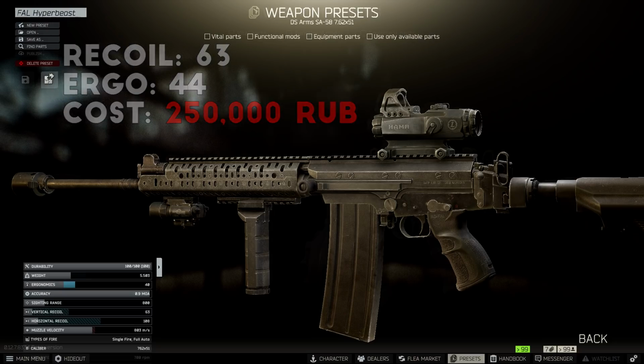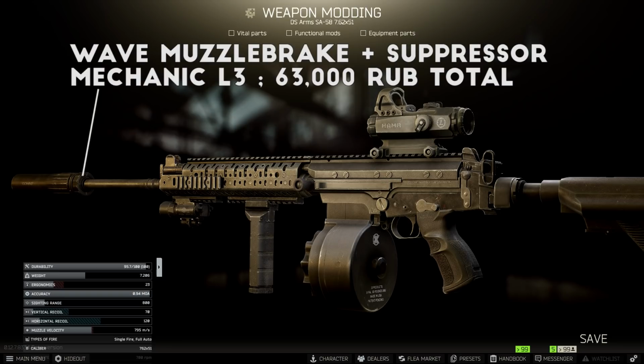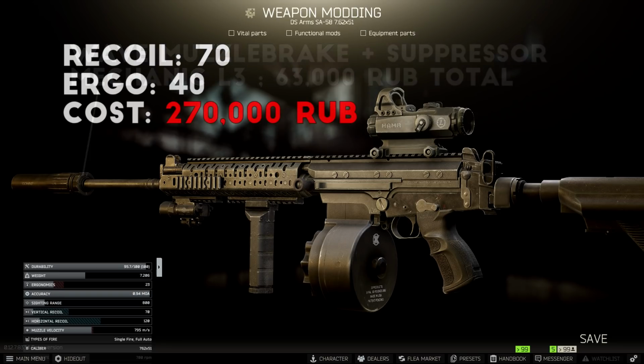If you want to run this suppressed, just like on the M1A, swap out the muzzle device for the Wave muzzle brake and suppressor. With this attached, the recoil is at 70 points and the ergonomics is around 40 points total. The only reason I say this new build is a bit less tempting on the SA58 is because it